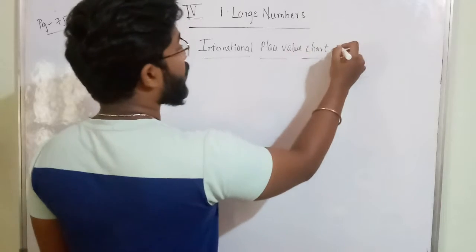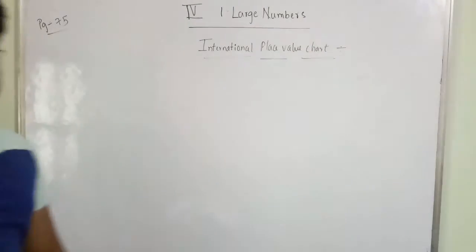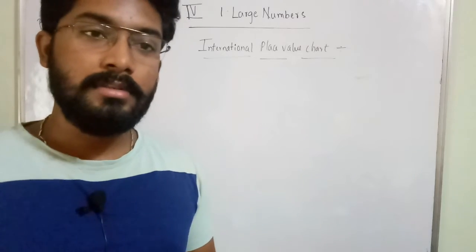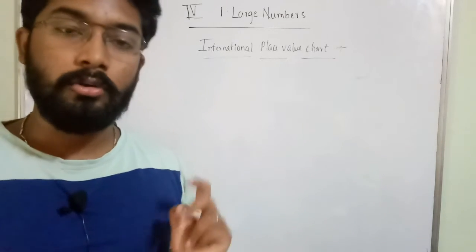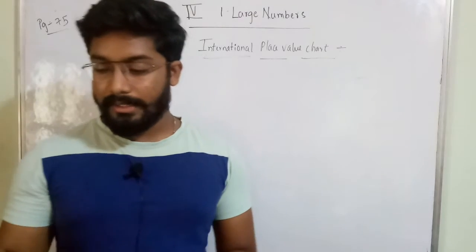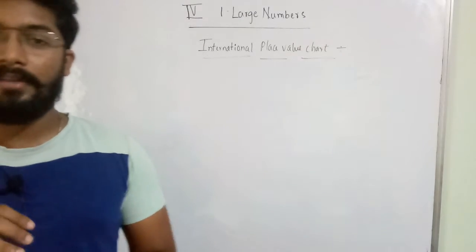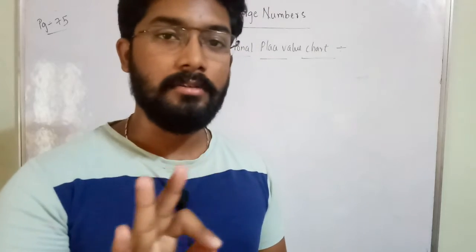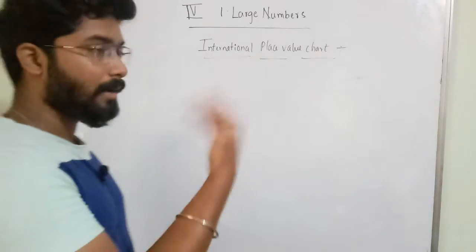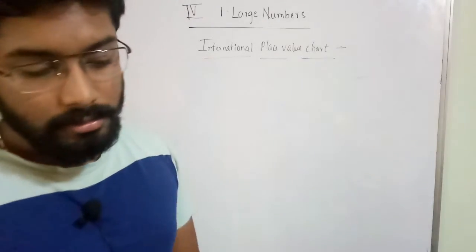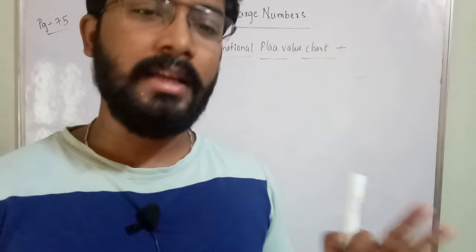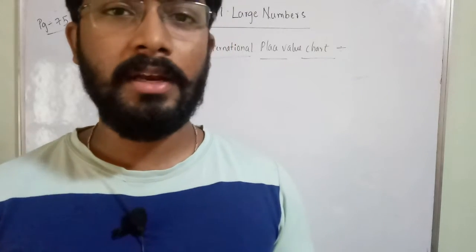So here each period will have 3 place values. So Indian system is having ones period with 3 place values, and thousands period with 2 place values, lakhs period with 2 place values. But in this international place value chart every period is having 3 place values. So you have to put comma after 3 digits. After every 3 digits from right to left you have to put one comma. Okay, so like that you are separating every period. Why you are putting comma? Because you are separating every period so that you can write the number name very easily.